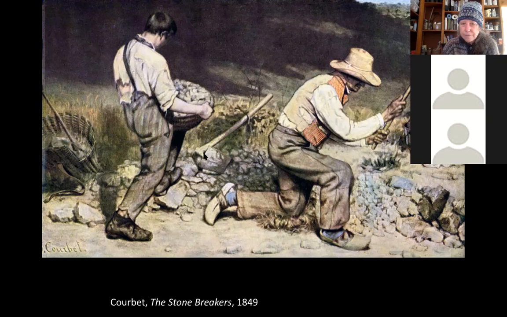Like this kind of hoe, big hoe thing. He's drawn that and their clogs with as much care as he's drawn their face or their hands. I don't know what this is back here. Maybe their water bucket. So everything is equal, kind of. This basket, the shoes, the hands, it's all sort of treated with the same amount of care. And if we could see this painting in person, we would see that the brush strokes are visible. He hasn't smoothed them all out like David would have done.